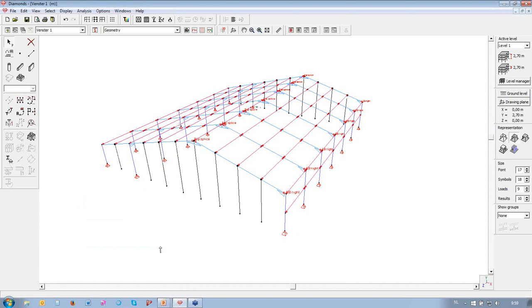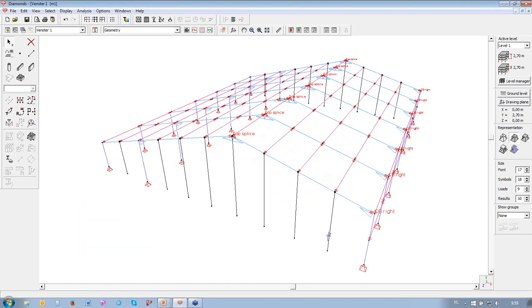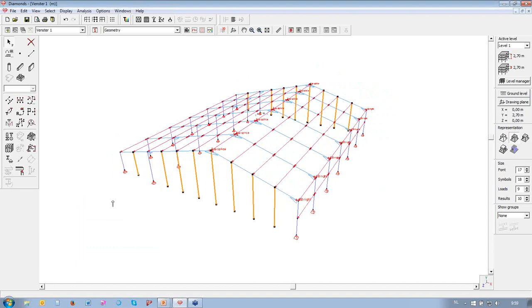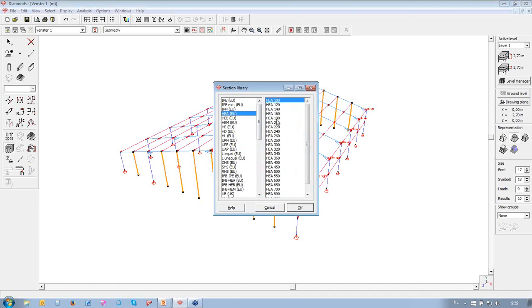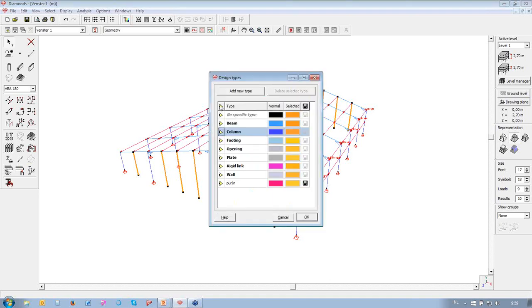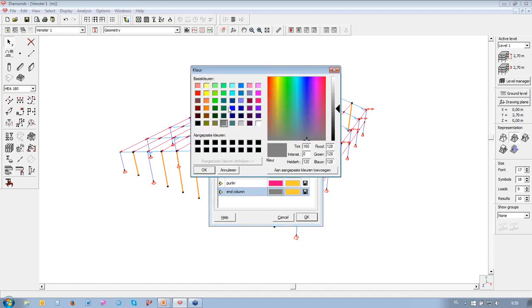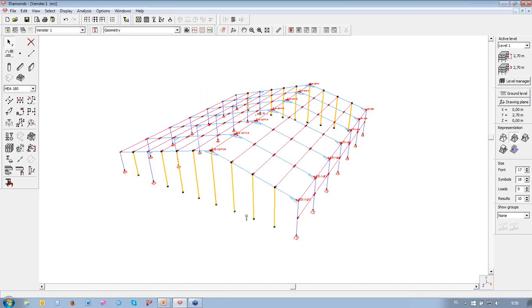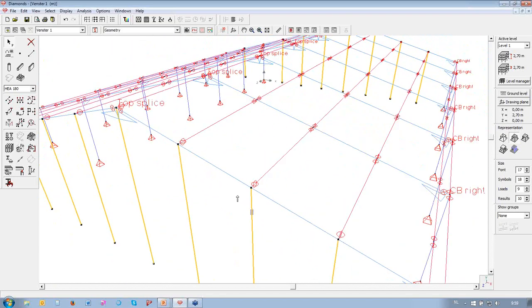Okay. And here we have all different columns created at once. I'm going to select them again with the Control button. These cross sections are in HEA 180. I'm going to put them also in a separate design type. So this is end column, maybe type of green. No, this green, yes. Okay. I suppose that